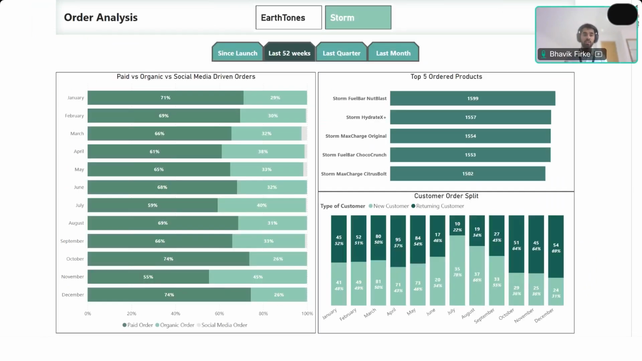As a brand manager, they wanted to understand what was driving their orders, if their investment in paid ads was actually converting, if the organic traffic was performing well, and how impactful their social campaigns were. We started by showing the order breakdown by source, paid, organic versus social media driven. This is the visual on the left. This view helped the brand manager assess if the ad spend was translating to results or whether organic traffic was